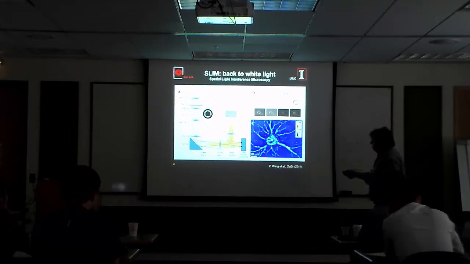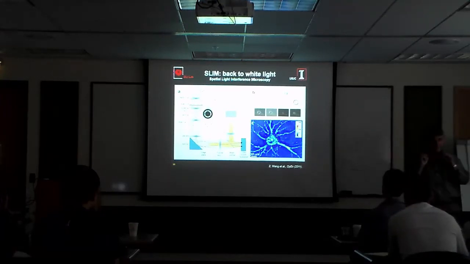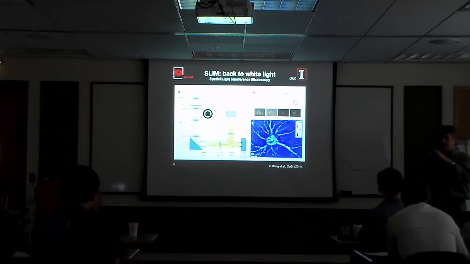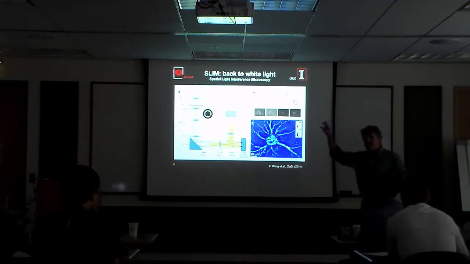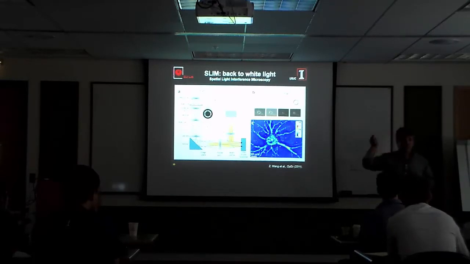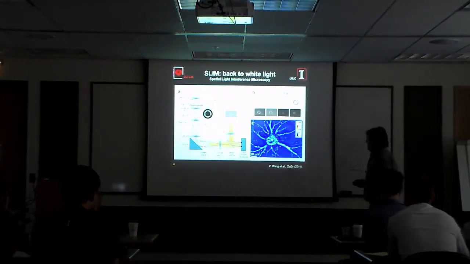So what we did was to take this one more step further, and we thought of the following. What if we could control the phase of the ring? So not only have it fixed at pi over 2, but actually be able to switch it to pi, 3 pi over 2, and so on. In other words, change that cosine into a sine, minus cosine, minus sine. You would be able to go around the whole trigonometric circle, and you'd be able to get the phase difference accurately and uniquely.